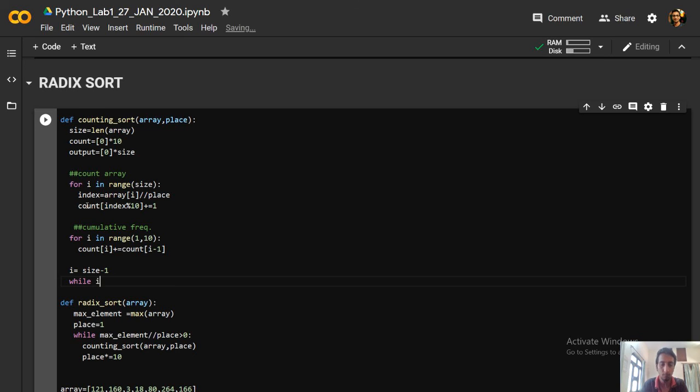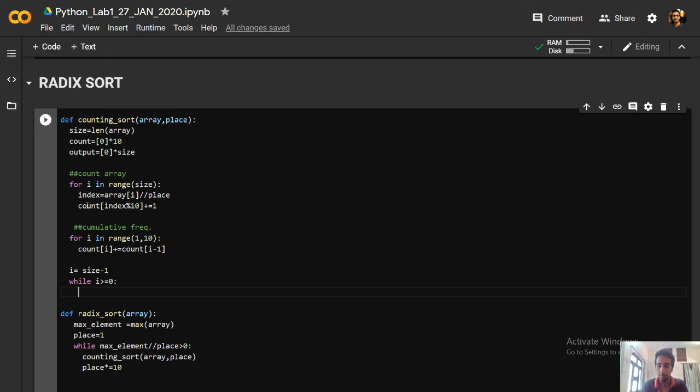So while i is greater than or equal to 0, we will have our index equal to the same as earlier, array[i] integer-divided by place.